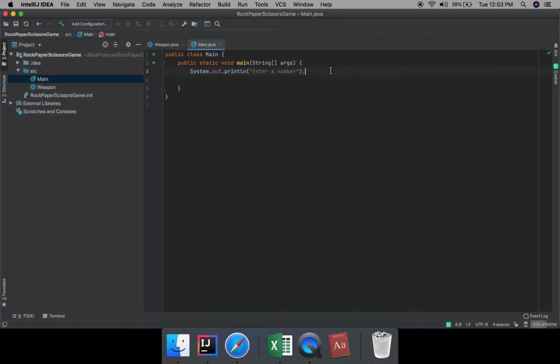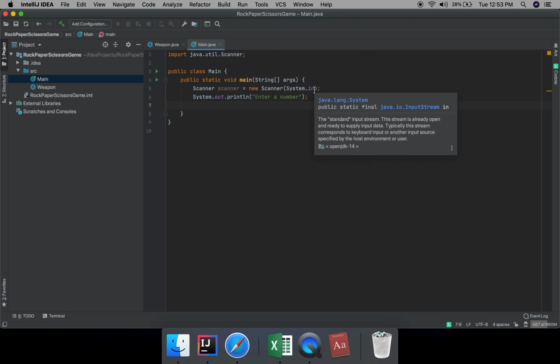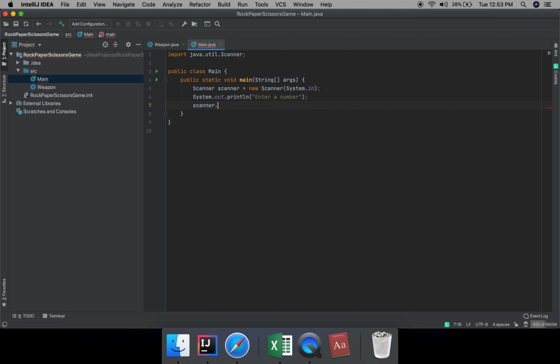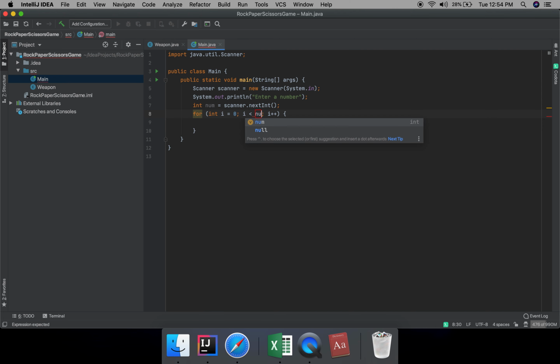And you need to have an instance of a scanner, and you pass the system's input stream, and you're simply gonna do scanner.nextInt, and store it in a variable which is int num, let's say. And the game will, this number is the number of times they will play the game, after which it will terminate. So we've got that number now, and a simple for loop which loops till the number,